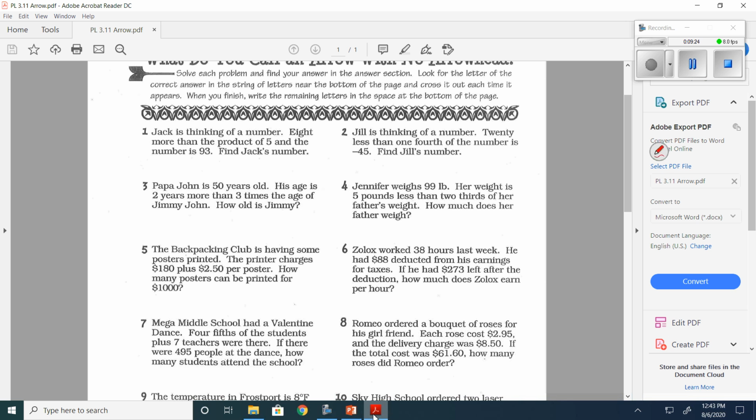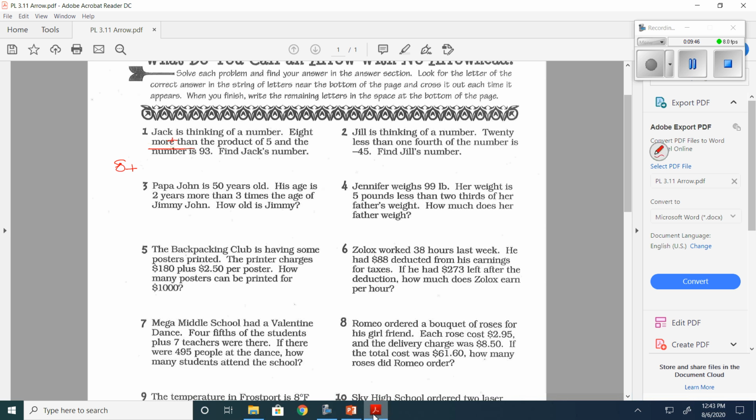So I'm going to show you how you need to show your work on your paper. You can't just write an answer, we have to show some work. Number 1, Jack is thinking of a number. 8 more than. When we read the phrase more than, we know that we're going to add. So far it says 8 more than